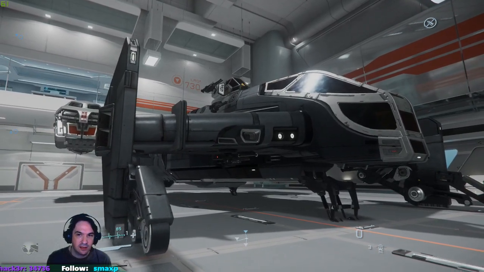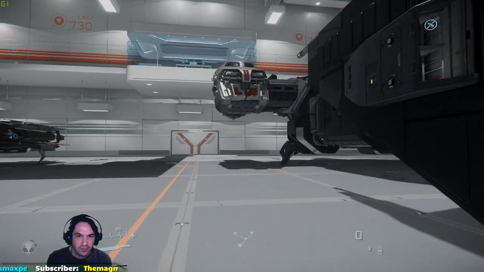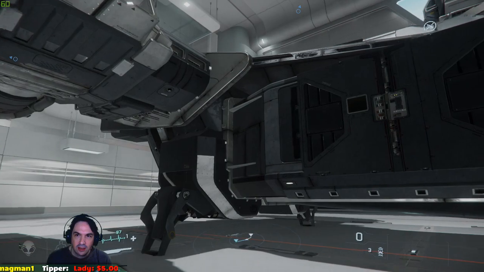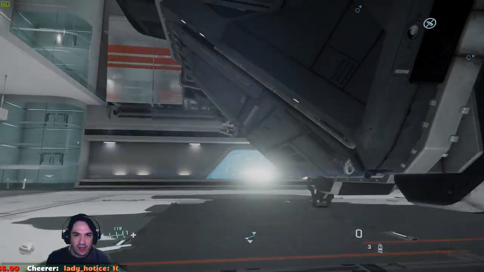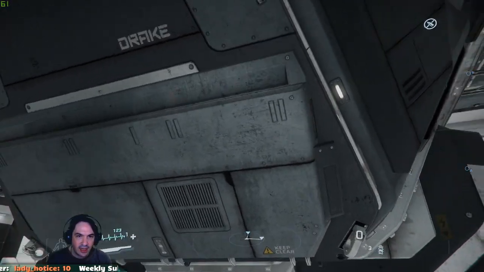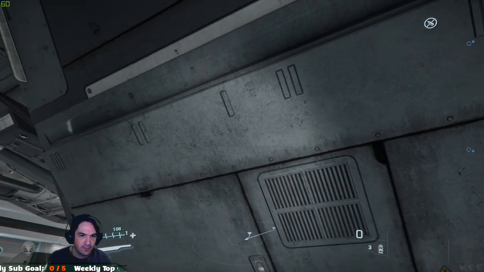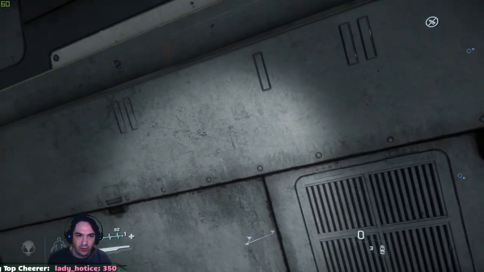the Cutlass Black. This is a multi-crew ship. They've removed the fighter aspect, so it's not as good a dogfighter as the others. It won't be in your dogfights. You know, it won't be dogfighting with you like you will with the...